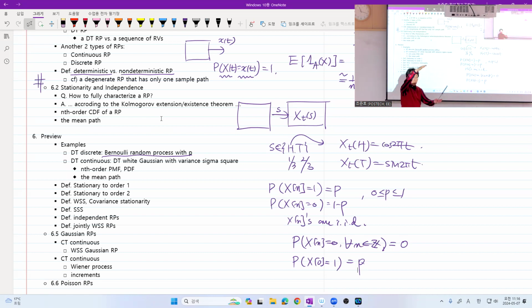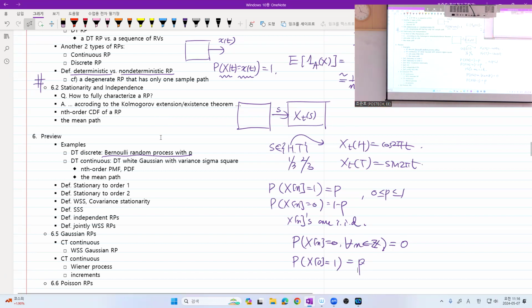So suppose we have a random vector of length 100. Then, of course, we know that the 100-dimensional joint CDF fully characterizes it. But what about the 99-dimensional CDF, 98-dimensional CDF, 1-dimensional CDF? They must all be consistent in the sense that if you marginalize the 100-dimensional CDF to some nth-dimensional CDF, you must have the same thing. Got it? That is consistency.